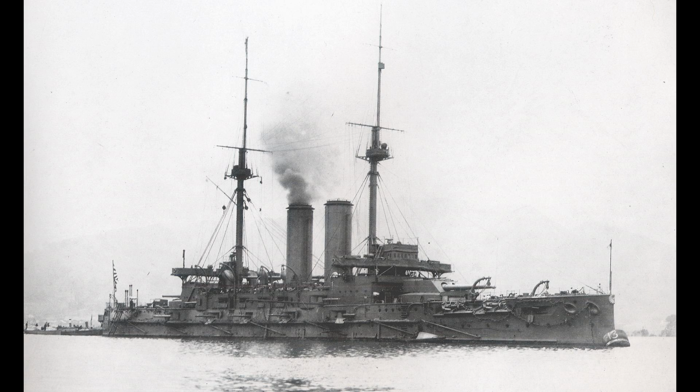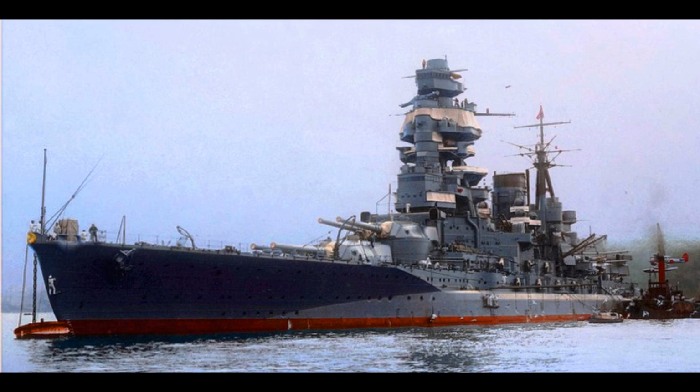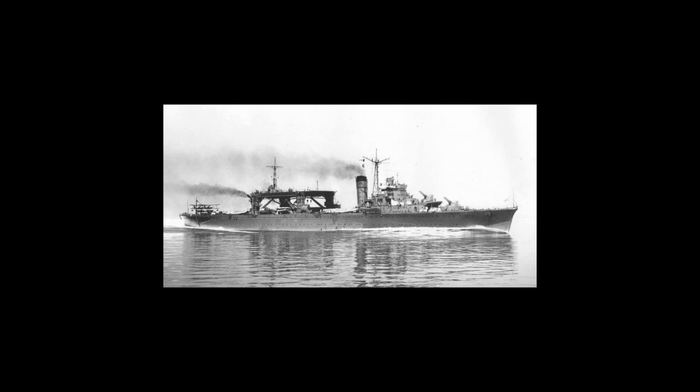Gallery. Notes. Chesneau, Roger. 1979. Conway's All the World's Fighting Ships. 1860–1905. Conway Maritime Press. ISBN 0-85177-133-5. Davidson, J. W. The Island of Formosa. Past and Present. London. 1903. Evans, David C., and Peattie, Mark R. 1997. Kaigun. Strategy, Tactics, and Technology in the Imperial Japanese Navy. 1887–1941. Annapolis, MD. Naval Institute Press. ISBN 0-87021-192-7. Gardner, Robert, Ed. 2001. Steam, Steel and Shellfire. The Steam Warship 1815–1905. ISBN